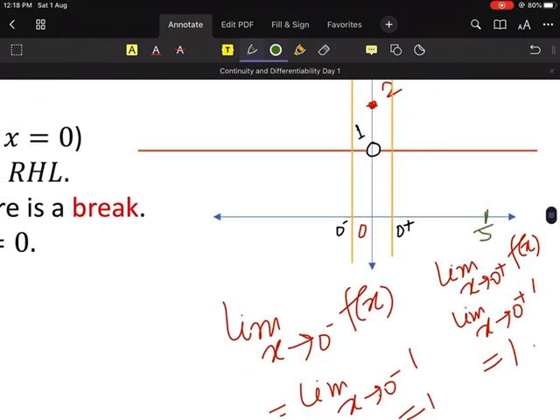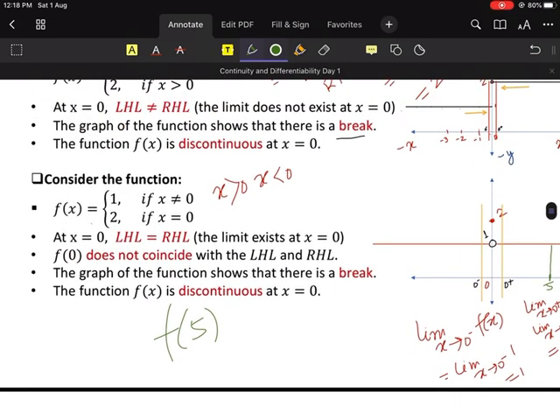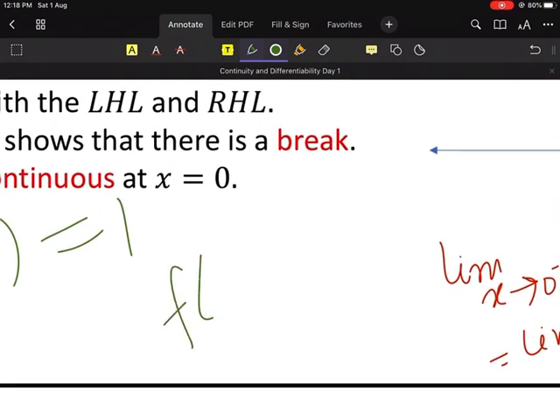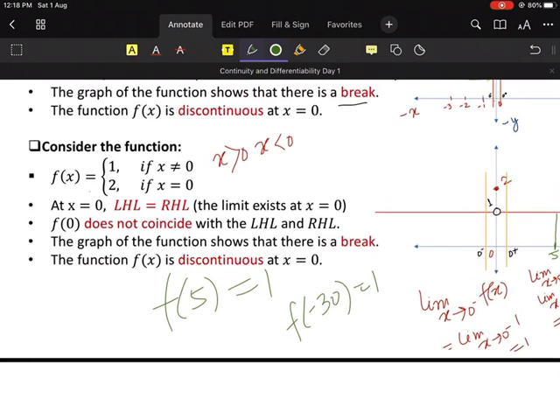The 5 point is in here. Where it's cutting, it's 1. When x is greater than 0, fx is 1. So f5 is 1. Understood? F500 is also 1. F of minus 30 is also 1. Because for all values of x greater than 0 and all values of x less than 0, fx is always 1. Everyone clear? Yes or no?